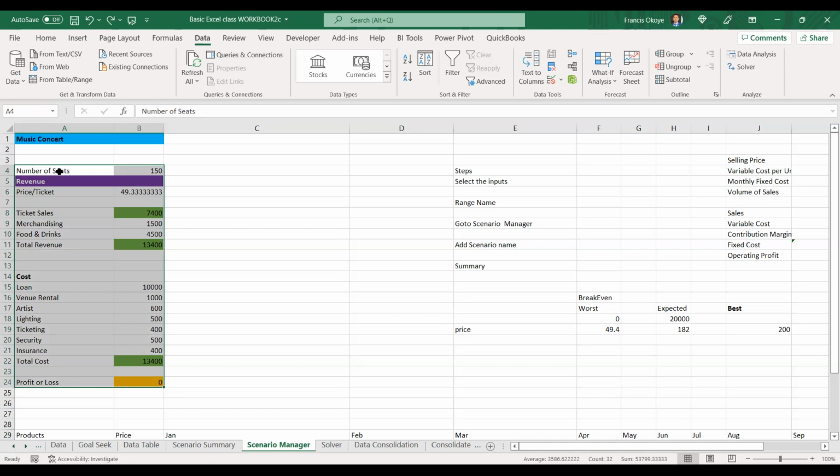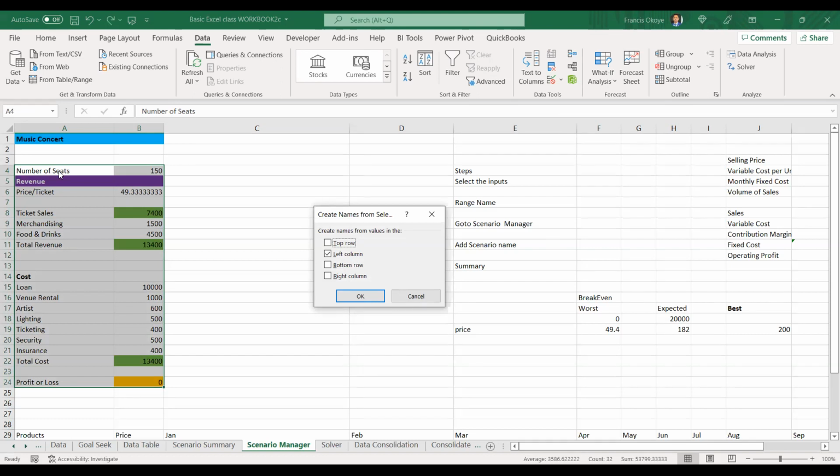Ctrl Shift F3. Once you have done that, you are good to go.